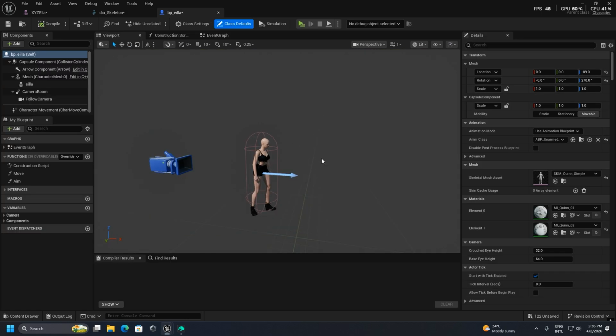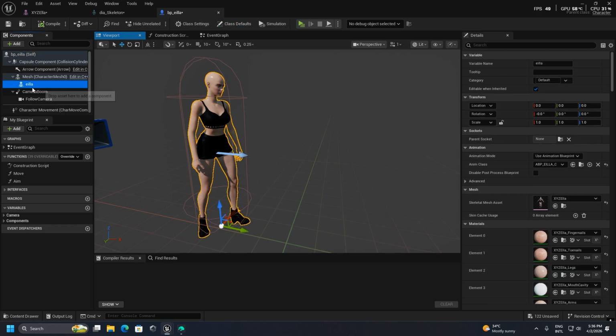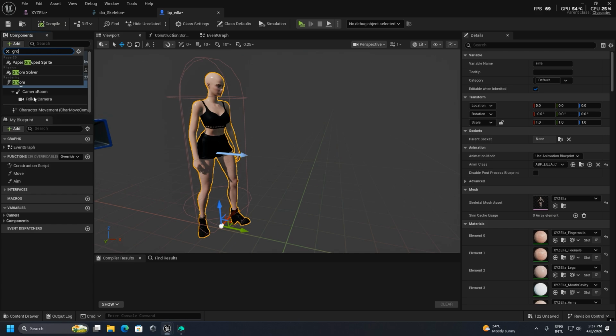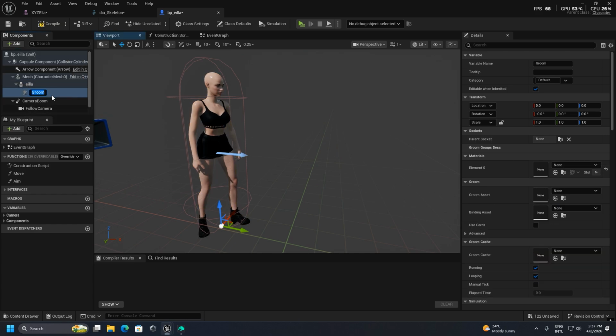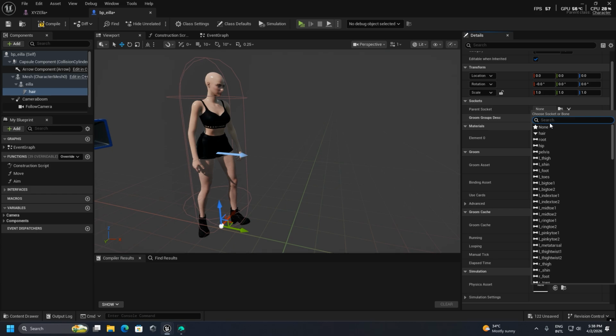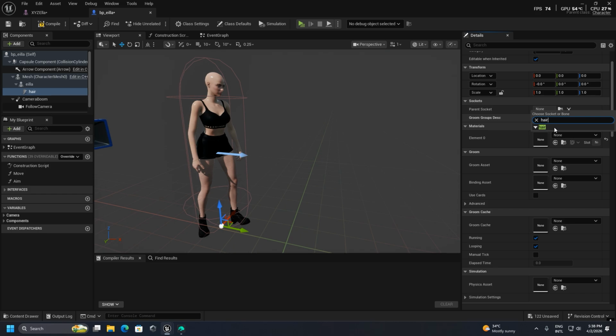And now head back to our BP Illa here and select our Illa character here. We add a groom. Search groom, you can see there is an option groom here, and we rename it to hair. To confirm the parent socket, we search for the hair socket here. You can see we add the parent socket to our hair socket, and now we are selecting our groom asset,